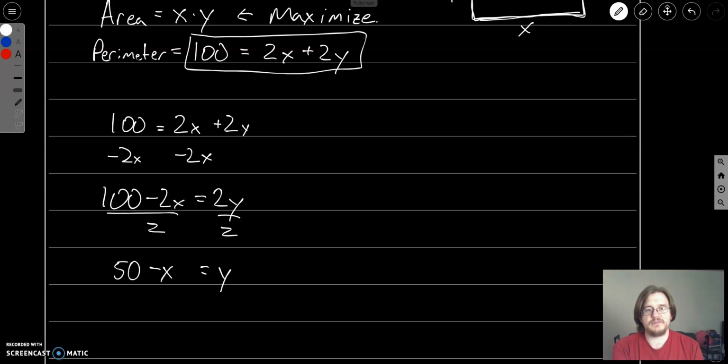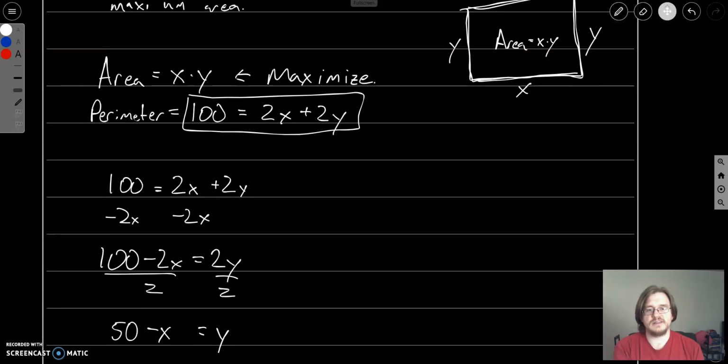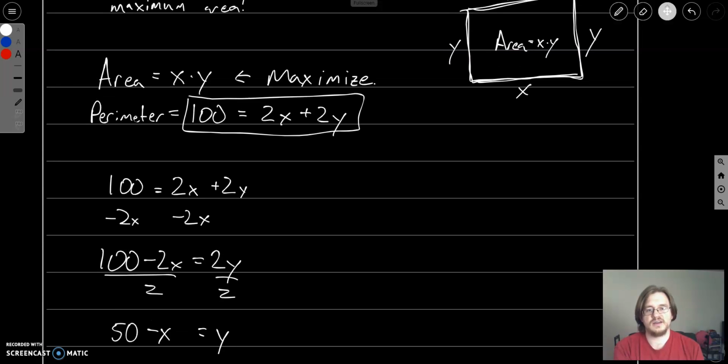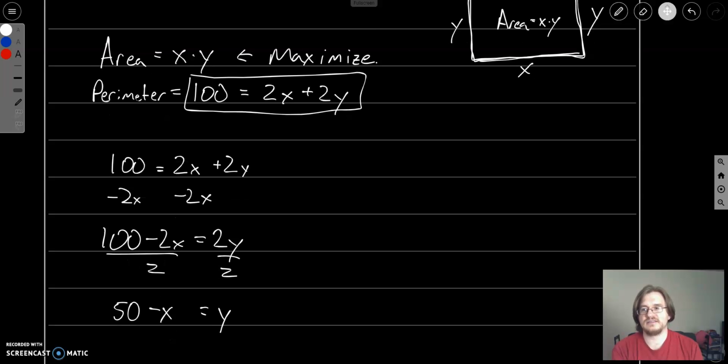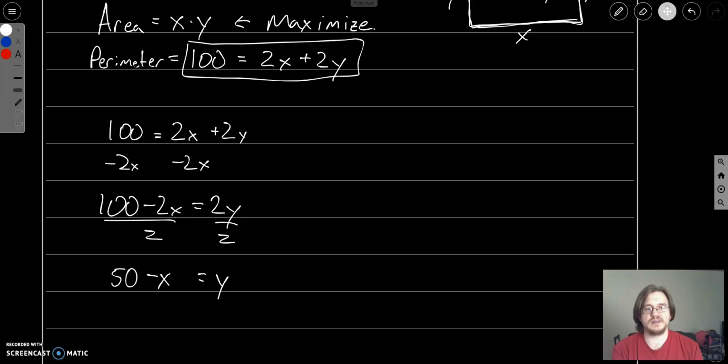So if we have 100 yards of fence, we know that one of the side lengths is going to be 50 minus the other side length. But we're trying to maximize the area. So we will plug this in. So the area is going to be